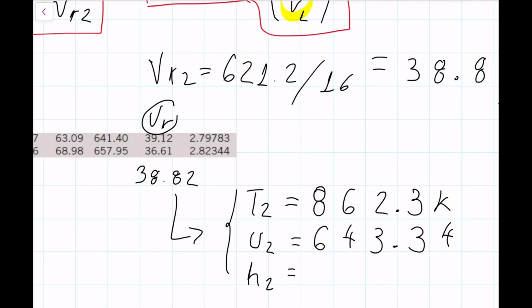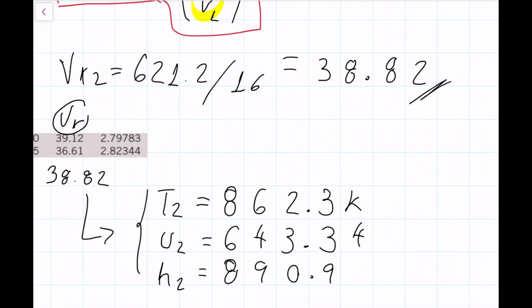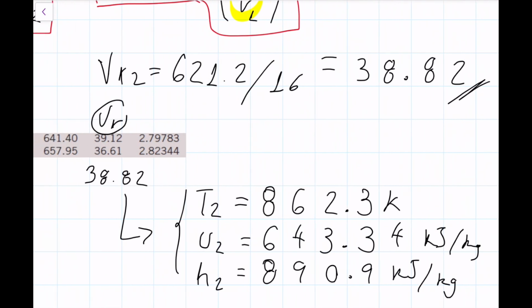And for my enthalpy, I got 890.9. Always keep in mind these guys are kilojoules per kilogram, right? Kilojoules per kilogram. All right, so now that I have my T2, I can take advantage of the fact that this is an